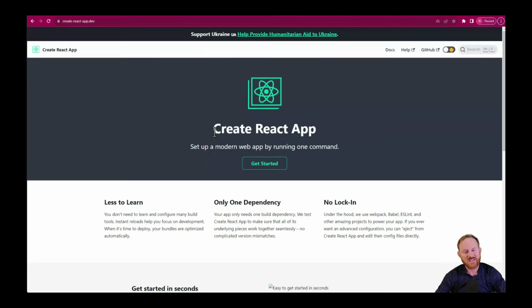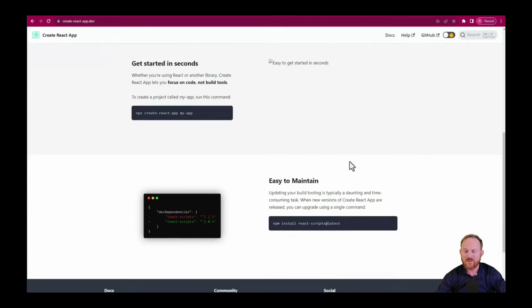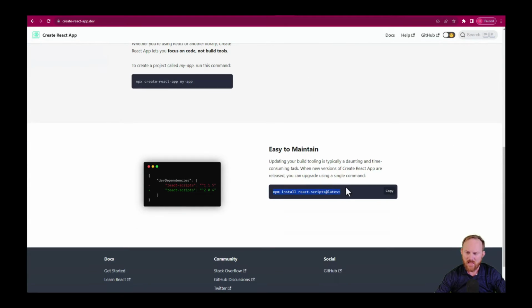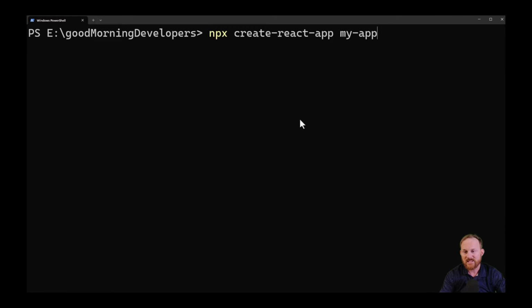This first one is a good example. There's a good chance you already know how Create React App works. If you don't, down at the bottom here, this is how you can install it. You can also use -G to install it globally. But up here, I'm going to copy this, come over to PowerShell. I'm going to paste it in, and I'm going to change my folder name to